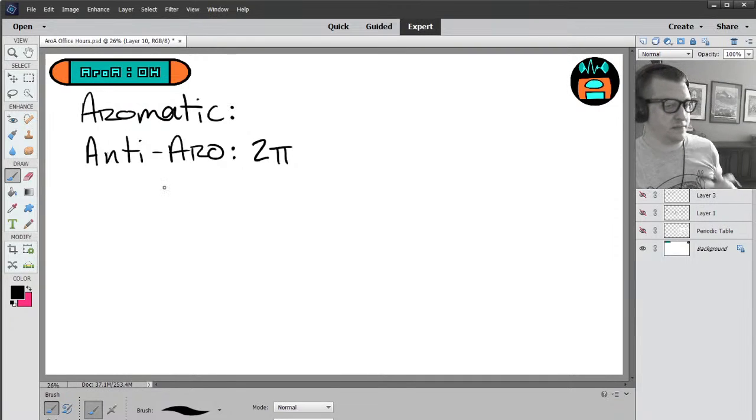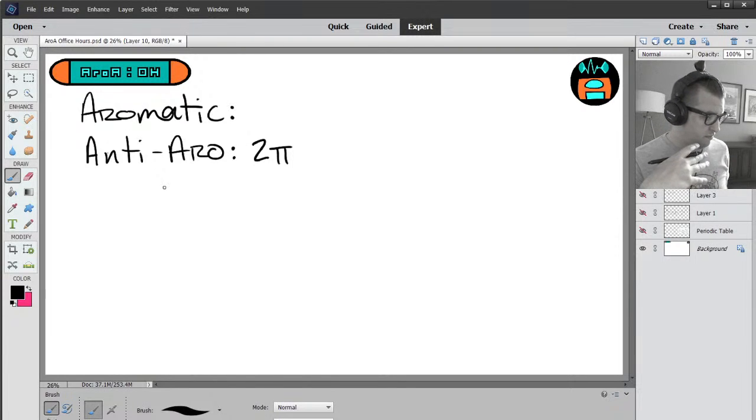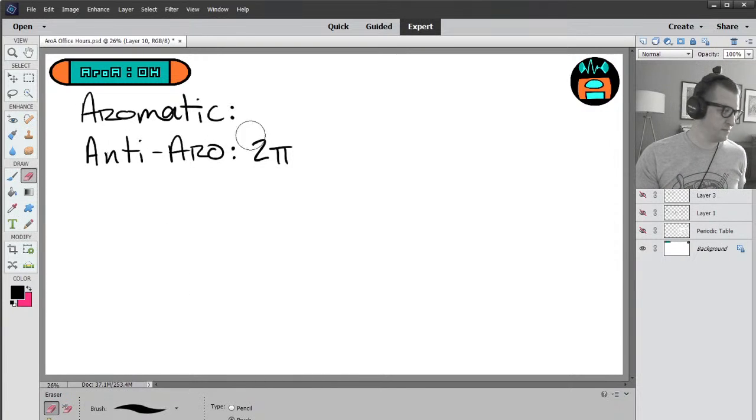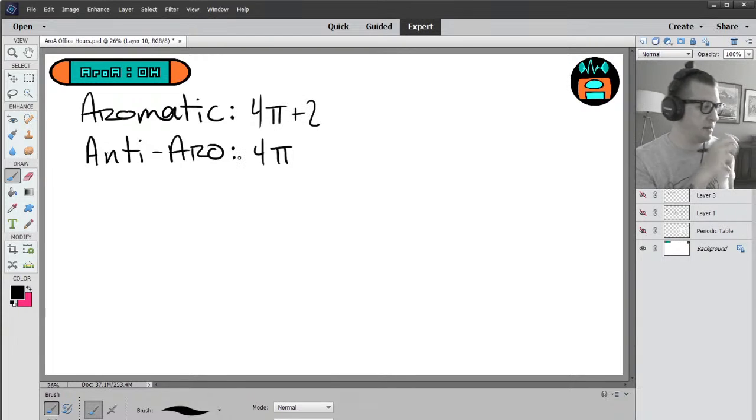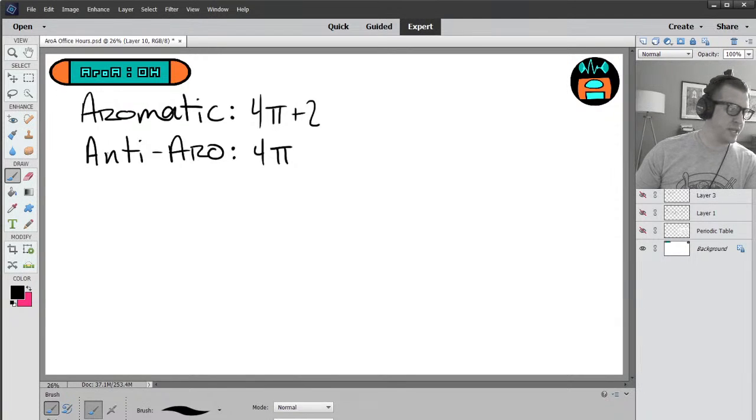Anti-aromatic has 4n pi electrons, right? It falls into that pattern, whereas aromatic is 4n plus 2 pi electrons. Okay, and the question with